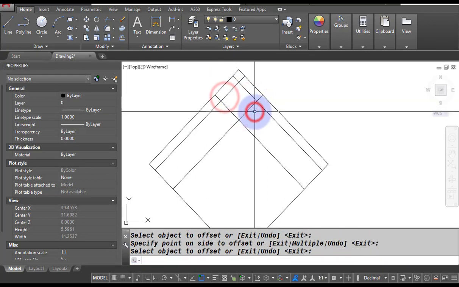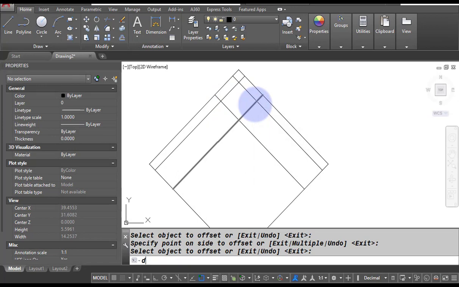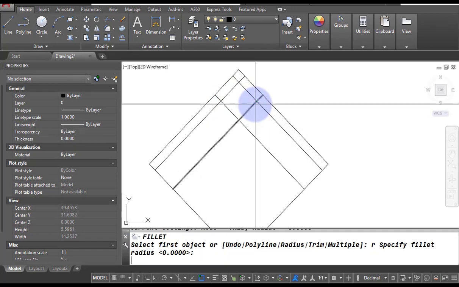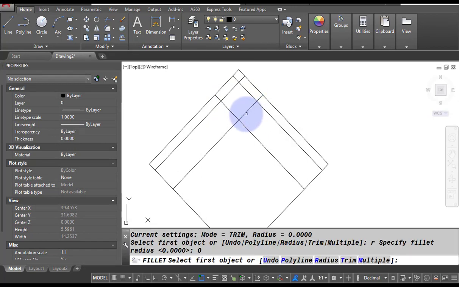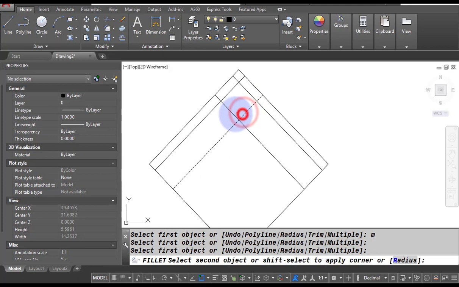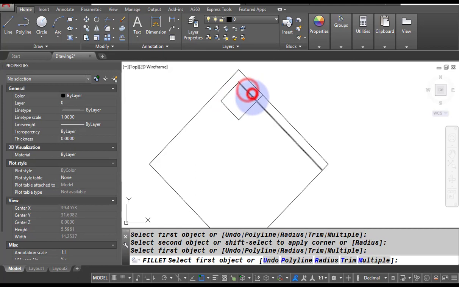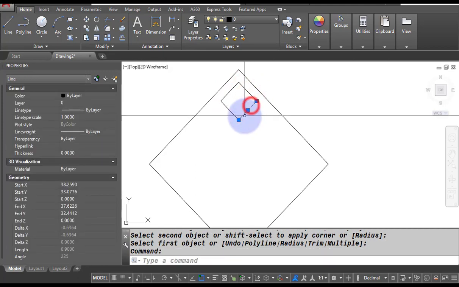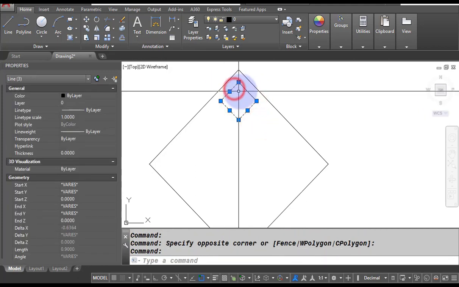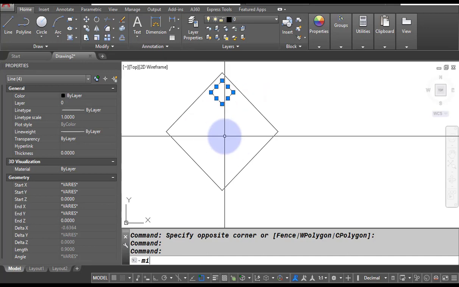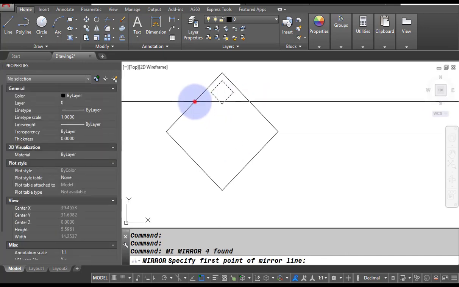Then fillet all the corners: F enter, R enter, 0, multiple, and then select this column and mirror to the opposite side.